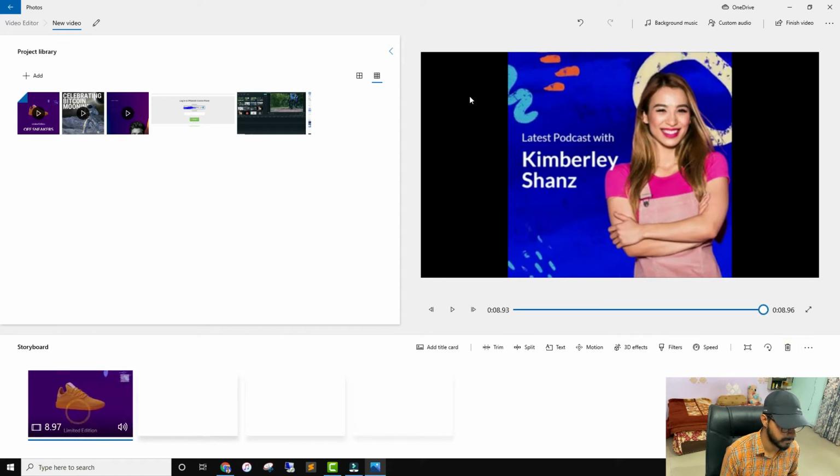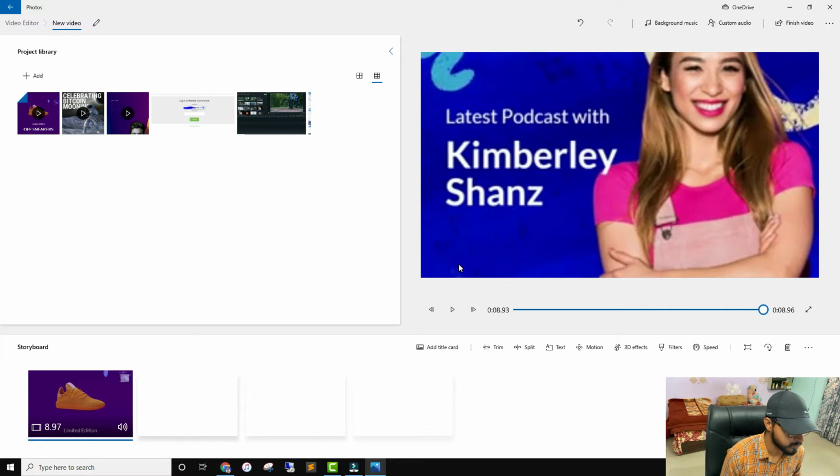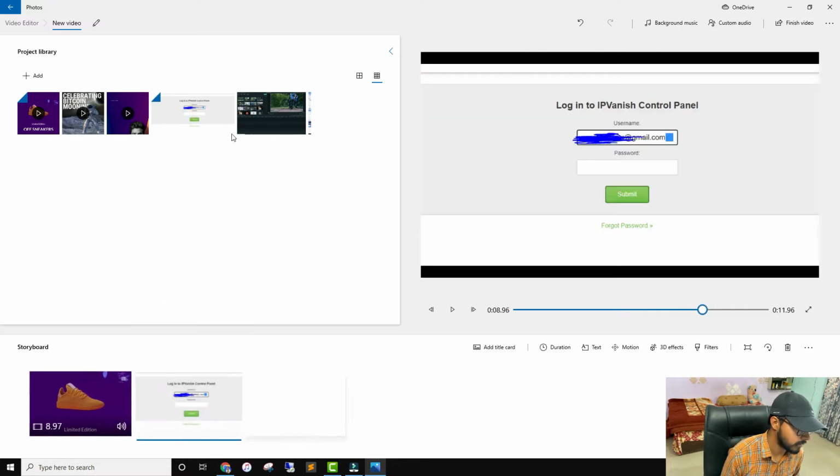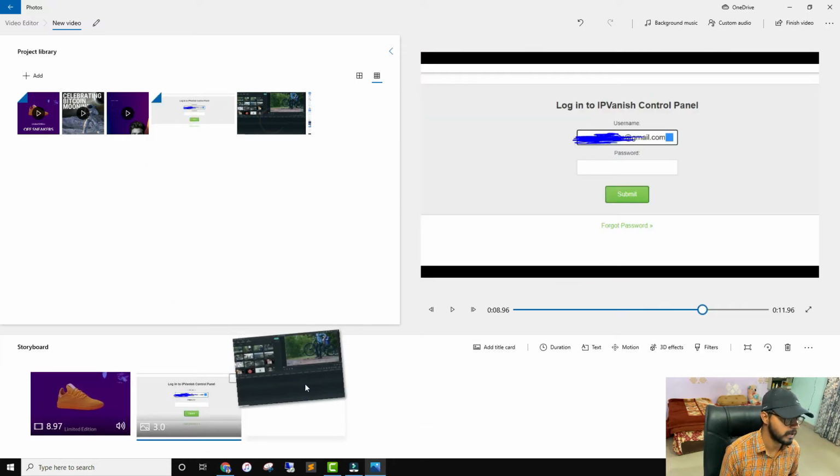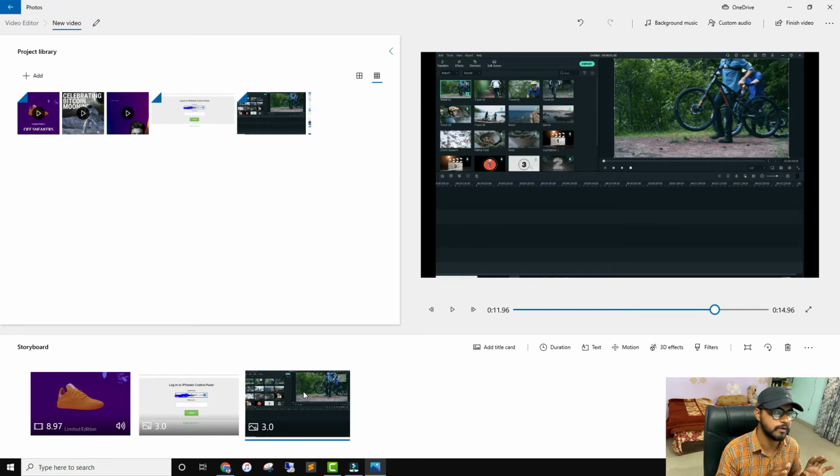Okay, and there is an empty space. I will go here and click on remove black bars. Then you can add photos or whatever clip you want to add. There are a lot of limitations to this video editor. First of all, there is no layer, so you cannot add multiple clips at a specific time frame. This is one of its biggest limitations, because it is a storyboard, not a timeline, that's why you can't do it.